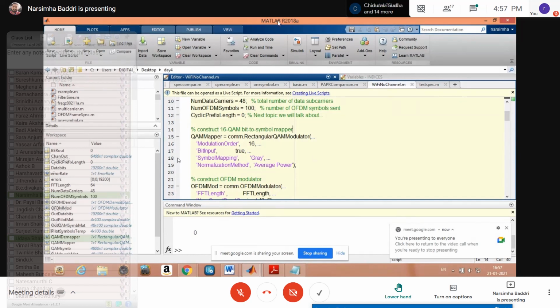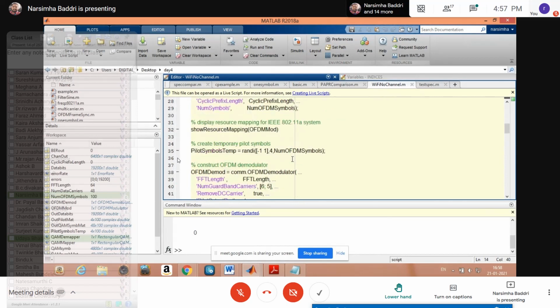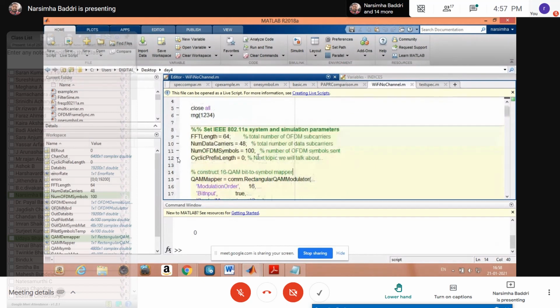Okay, or you can also write for this. Suppose we are using a BPSK modulation or QPSK, or you can write your own modulation techniques here. I just wanted to show you that model 802.11a. These predefined objects are there in the real versions, even in 2018a. You can find all these modulators, the QAM modulator, and however, we will see visual flags. So this is a generalized program, where you can check all these parameters.